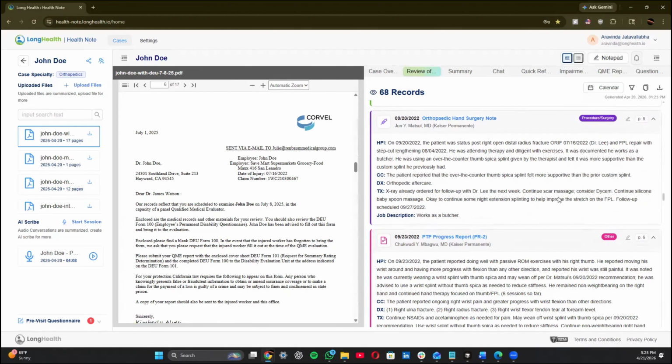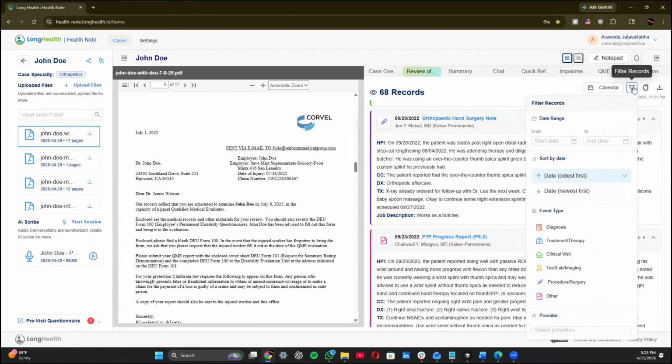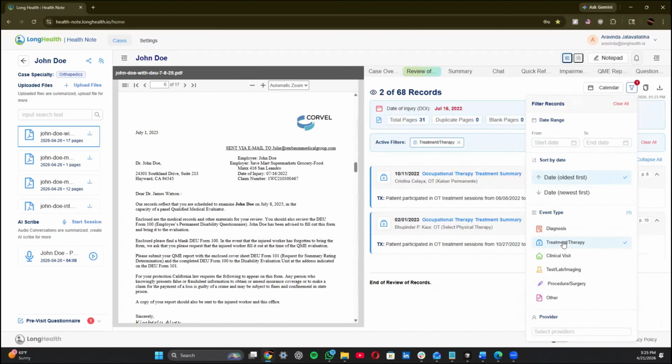So all of these events can also be filtered based on type. If you click on this filter records right here, you can always filter it based on a date range. You can sort it and also select the type of event you want. Let's say you just want treatment or therapy. You can just click on treatment and therapy and you'll get just that from whatever was parsed from your medical